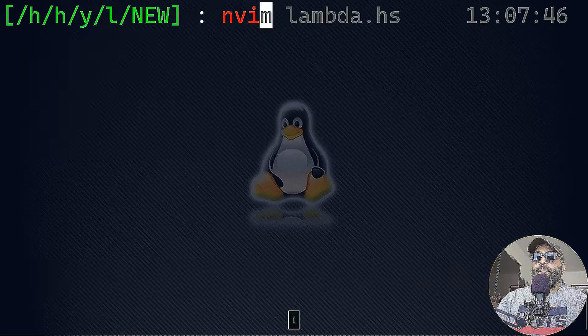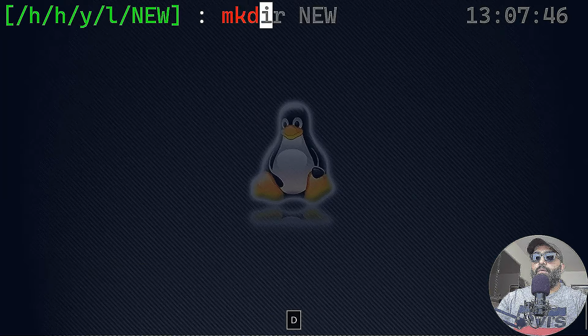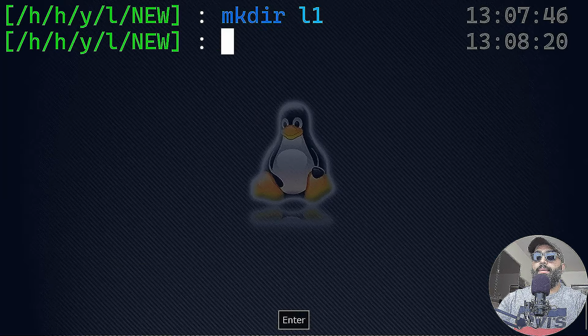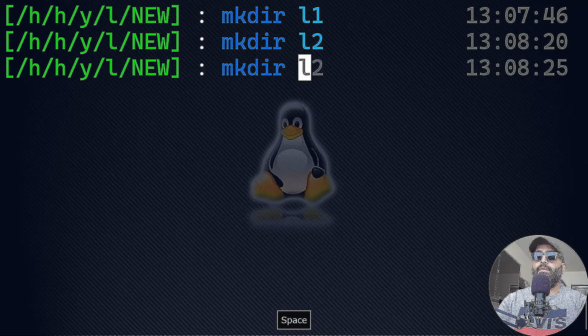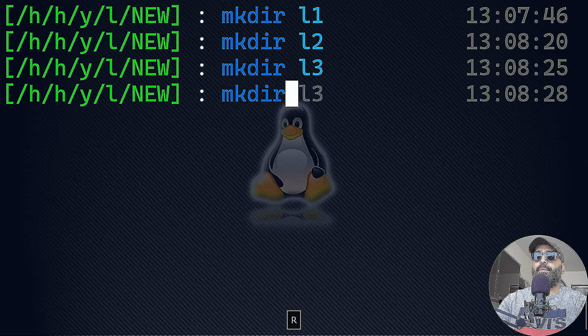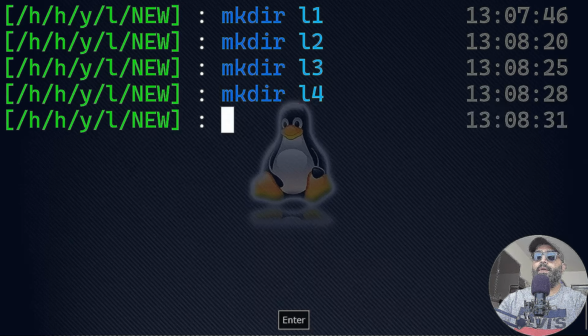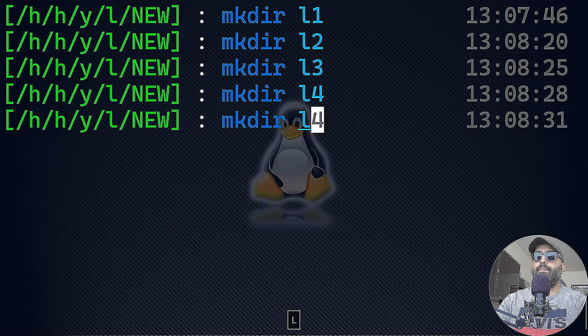So let me actually create different folders. L1, that's going to be lesson 1, and lesson 2, lesson 3, 4. If we're going to leave it, because the higher order functions I'm going to show you directly in the interpreter, we're not going to compile anything. And we'll go to 6, the Lambda